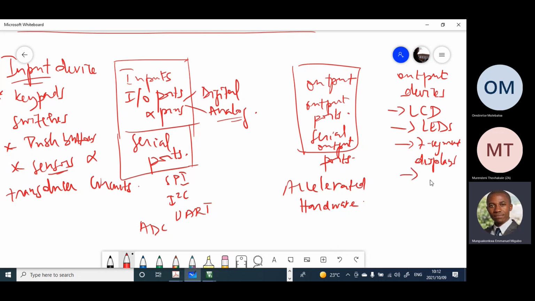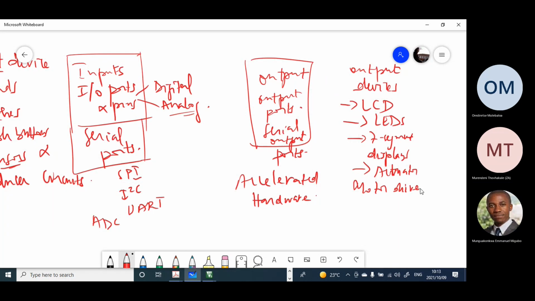This section comprises any form of actuators. When it comes to actuators, sometimes they are internal in the form of accelerated hardware, or externally connected as an output device. That will be your motor drivers, for example. You could have your solenoid valves, etc. Those are output devices. Okay. So lastly is the storage part,